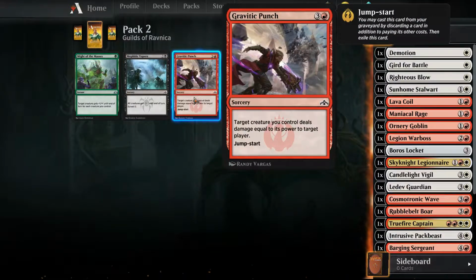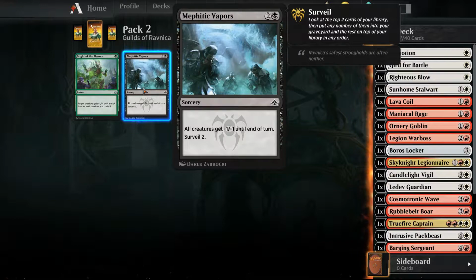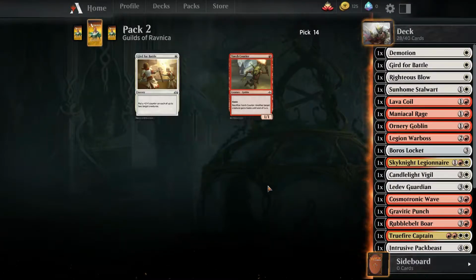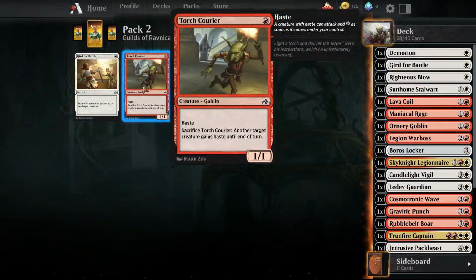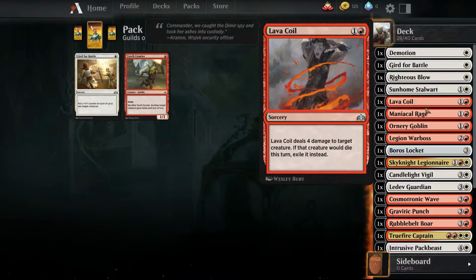Yeah, I'm not gonna use that probably. Maybe, I don't know. Maybe it's actually better than what I think it is. Critical battle plus put a +1/+1 counter on each of up to 2 target creatures. Torch Carrier, haste. Sacrifice Torch Carrier: another target creature gains haste until end of turn. It's a goblin. We don't...